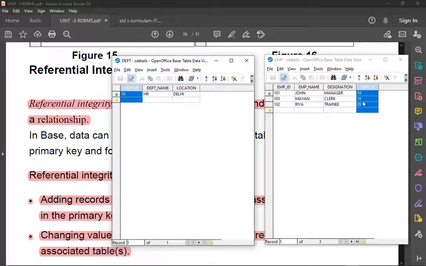But since we have department ID in both tables, in one table it will be the primary key, and in the other one it will be the non-key attribute.